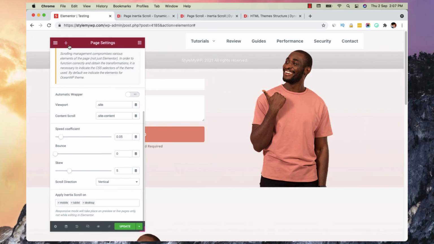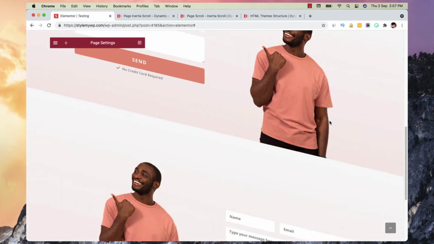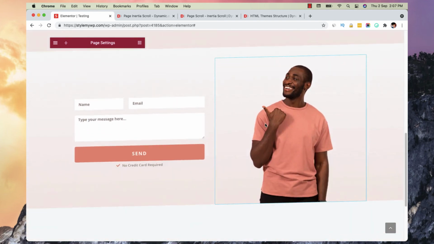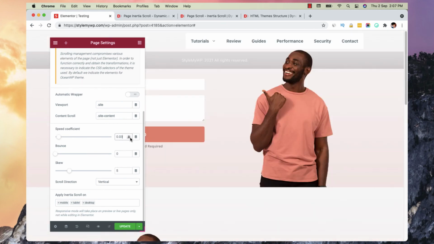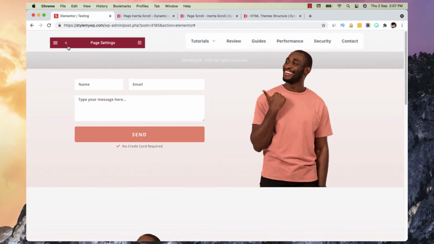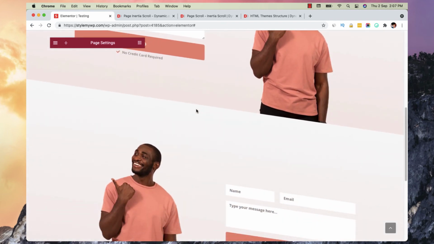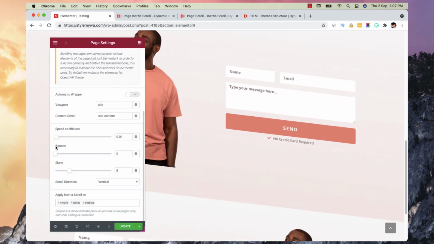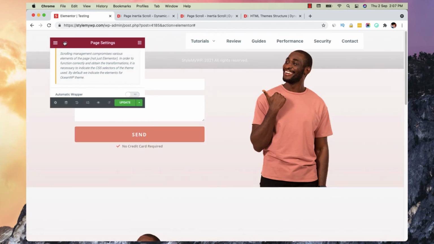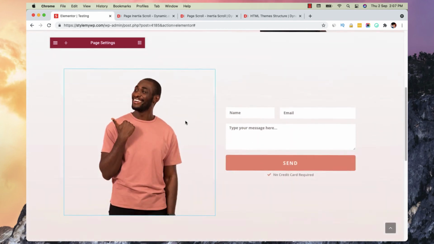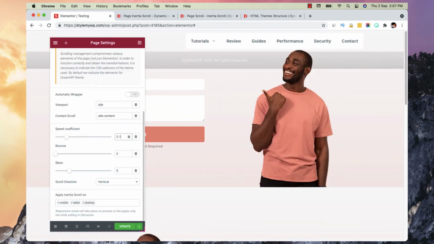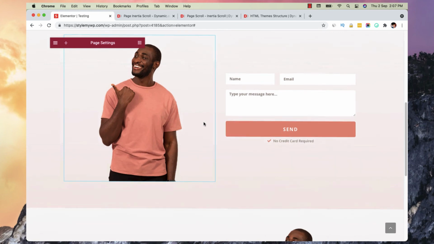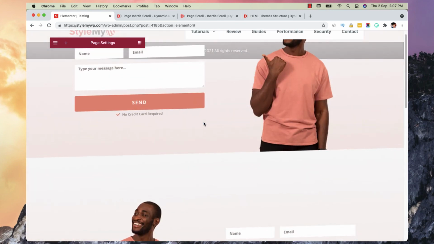What we can do now is play with this. Let's give it 5, right? And the speed coefficient you can also play with. It will be very less, right? So we can keep it at something like this to see it, and it will be very fast. So 0.10 I guess will look good. It's all up to you how much you want, and this one looks good to me, right?